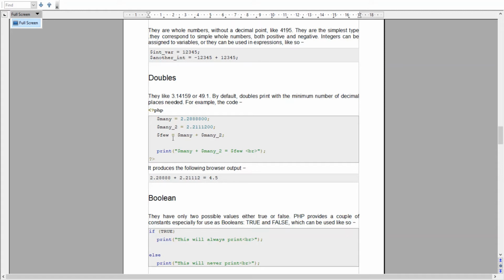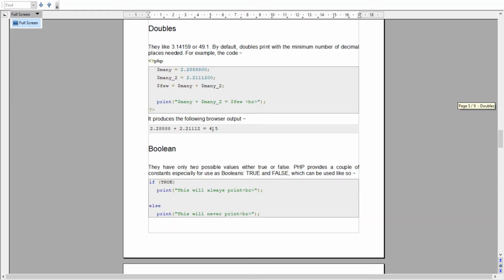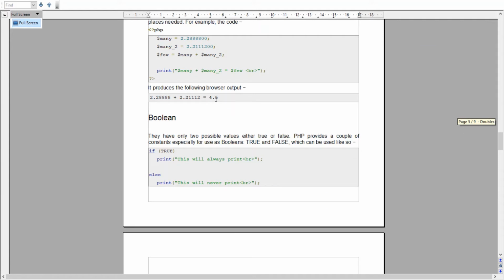If we print this value, this plus this equals this, it will give us the output 4.5, because double prints with the minimum number of decimal places. So it will go with only 4.5 in our case.